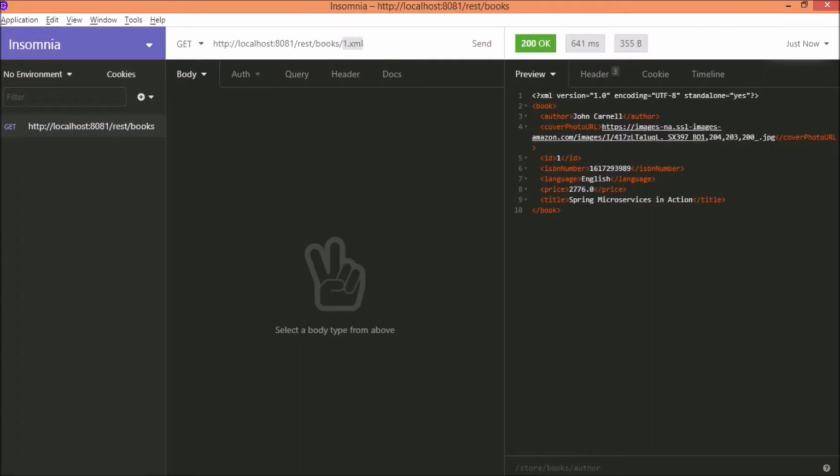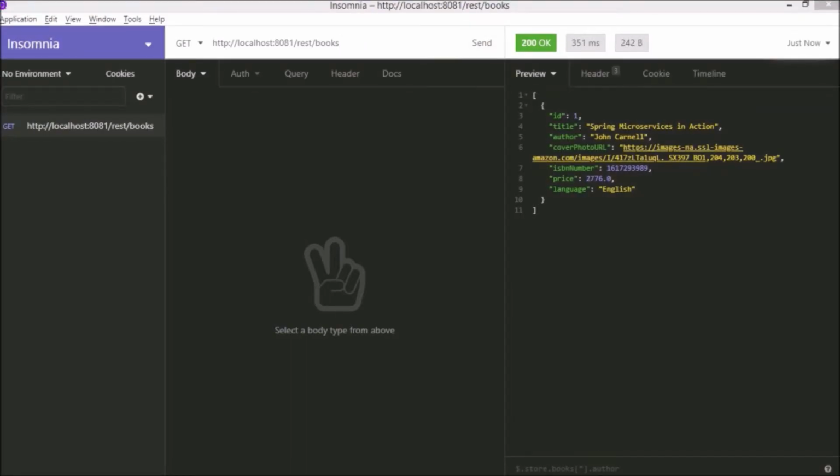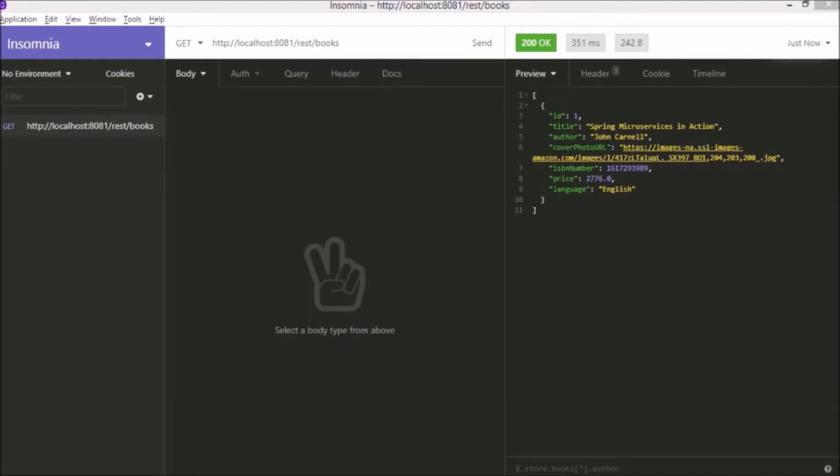Now let's remove the one.xml. See, it is returning the JSON response as expected. Now let's see how to implement the same thing for this request. If you have watched the earlier video, when we executed the books request, it returned the XML response a little differently because it generates the tag for the collection, and that is a little difficult to parse. So for this kind of request, the implementation is a little different because we have to implement it using DTO classes.